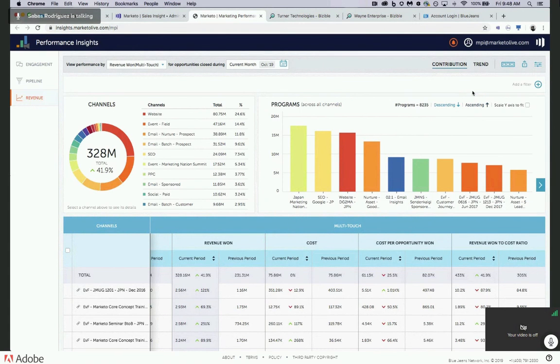Is ABM based on domains or is it something else? It's based on like a named account list that you might have in Marketo. Yeah. Okay, I see. Yeah, that's no problem. So this is kind of our ROI dashboard in a way to get your feet wet when it comes to that attribution reporting. And then Visible does take it kind of to another level where you can do weighted attribution and all of it's integrated with Salesforce. So you can see all of that attribution directly